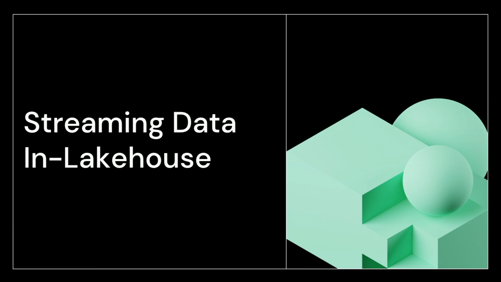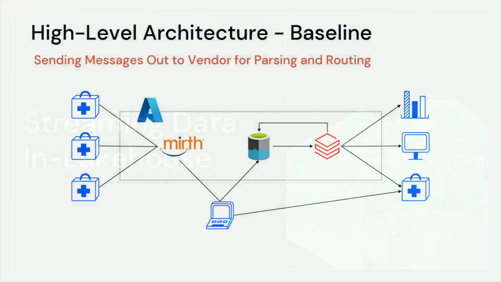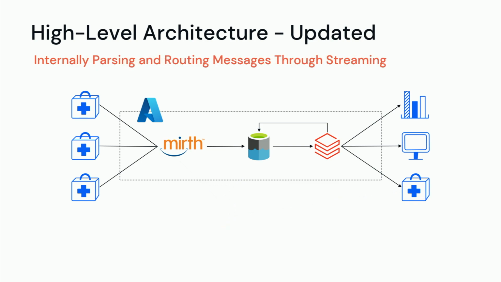Thanks, Andy. Next, we'll dive into the technical solution that we've been working on at CRISP Shared Services. This is a high-level architecture of the baseline, where sources were sending data into a healthcare-specific software called Mirth for health integration, and it was piping out data to a third-party vendor represented by the computer in the bottom, and then CRISP was re-ingesting that in batches nightly into their Databricks environment.